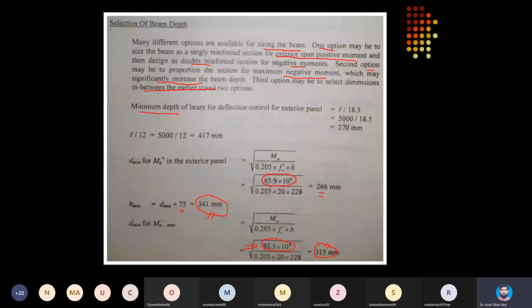So based on serviceability, span by 18.5 is the coefficient for grade 420, and when beam is one end continuous, this highest demand will come, and span is center to center, so this will give us directly H, and it means we are well above the serviceability based H, because our flexural based H is 341, or if I add 75 in this 315, I will get answer well above